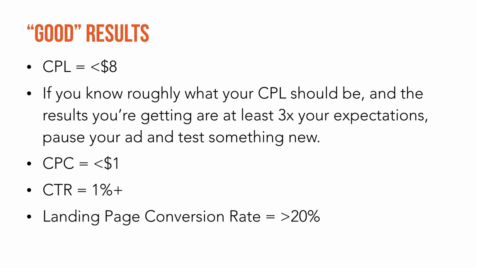Another sort of rough guideline, I'd like to see under $1 for your cost per click. And so again, some of you might be saying, well, Rick, $1 is really high for cost per click. Again, this is going to vary from niche to niche, but in general, try to stay under $1 on that cost per click. Click-through rate, I would say across the board, you want to be at least at 1%, okay? And this is regardless of what niche you're in. So at least at 1%. Same thing for the landing page conversion rate. Now, this is for a free opt-in. This is not for a sale. This is for a free opt-in.